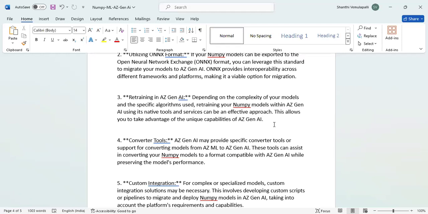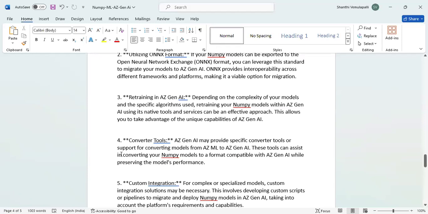For marketing purposes, right? So if you take some of the models from NumPy, assume that you have a personalization marketing model, then that NumPy model will be attached to this particular service. Azure AI personalization is there, right? There is a service for that. So you need to understand generative AI services in depth at the same time. The NumPy model is used for which function of the ML? That ML function needs to be mapped to the generative AI services. Then you need to migrate it after conversion of the code into the required format or something like that.